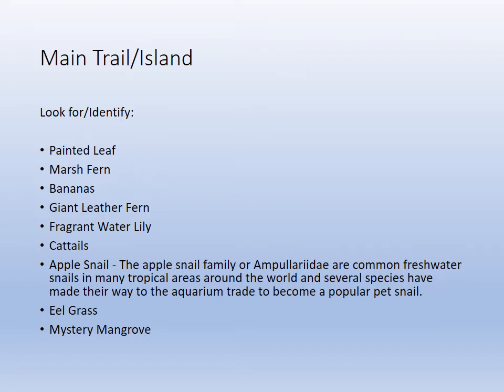So make your way to the mystery mangrove, check it out, check out its leaves, its roots, and figure out what type of mangrove it is. I'll be looking for that especially in your lab write-up, because identifying mangroves is an important aspect. Make sure you're logging all the species you see, not just the ones that I'm pointing out in this little